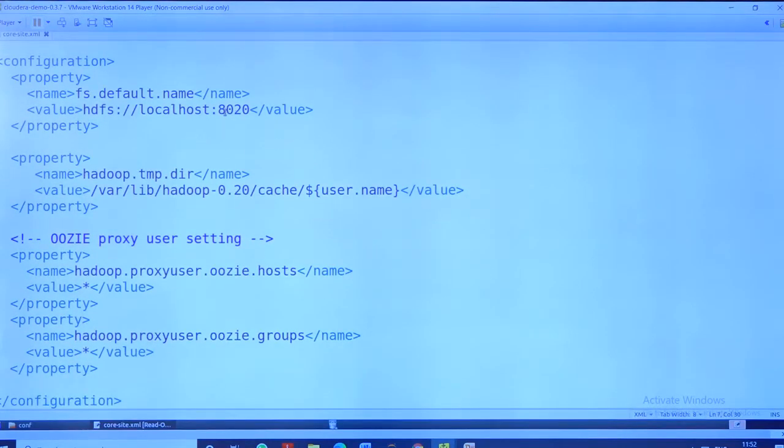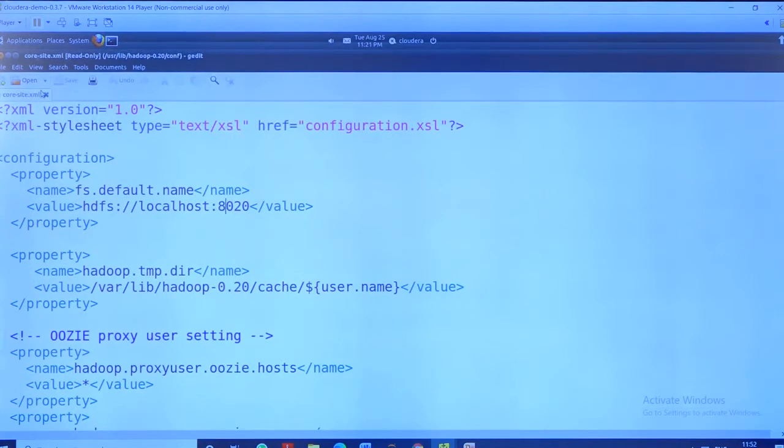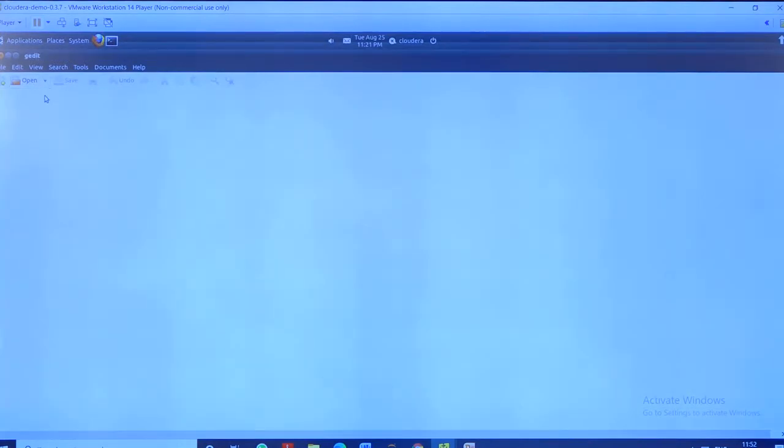By default, the localhost port will be 8020, and the Oozie proxy user settings will be like this: hadoop.proxyuser.oozie.hosts. These settings you need not change unless required. Wherever changes are necessary, we are going to see in the upcoming sessions. So this is about the core-site.xml file.